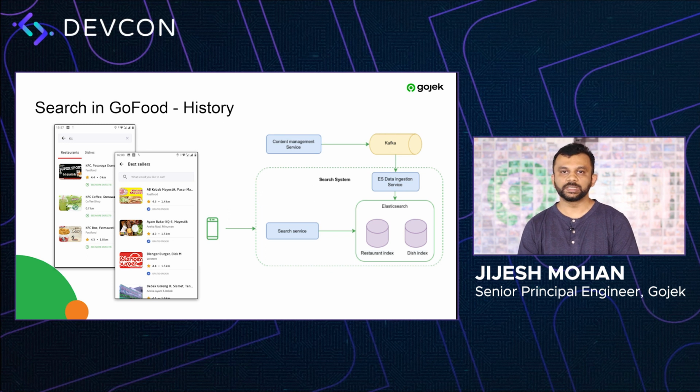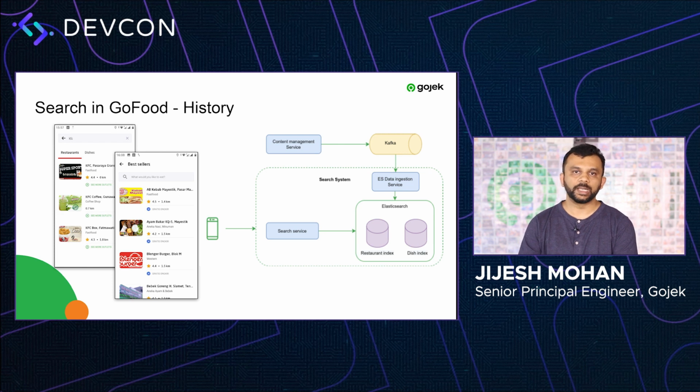Let's talk about the history of search in GoFood. Like most of the products in Gojek, GoFood also started as a monolith and then later split into multiple microservices when we hit the scale. So search also became a different microservice. As you can see in the diagram,